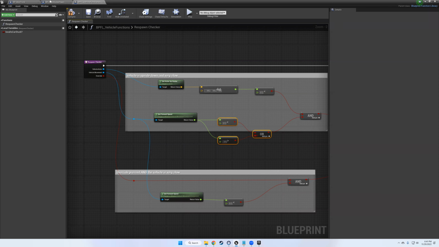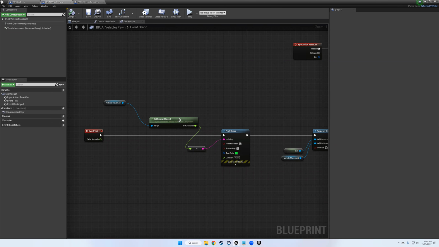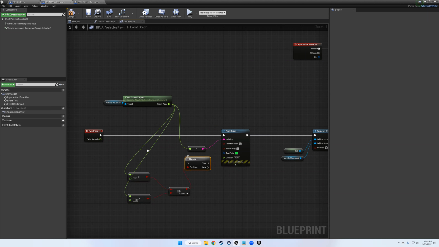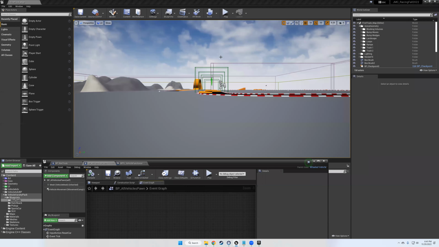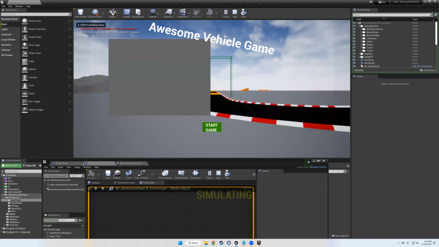What I mean by that is, hey, branch, and if this is true, then I want you to not print this, I want you to print true. But if it's false, then do nothing. So now if I go backwards,